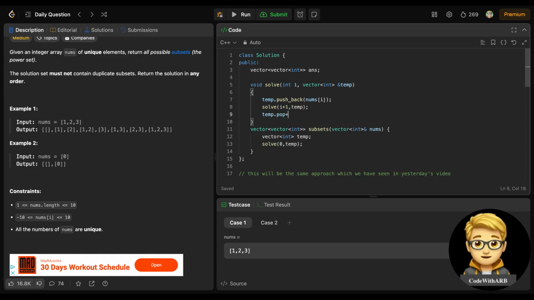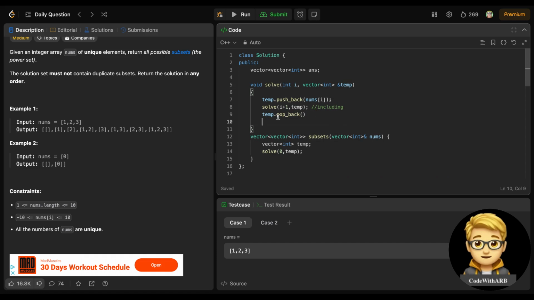I have told you why: because I am passing by reference, it will not update automatically, so I need to pop back the last element which we have inserted here, because it will not automatically delete the last element. So I need to pop back this for backtracking purposes, right. So this is for including.